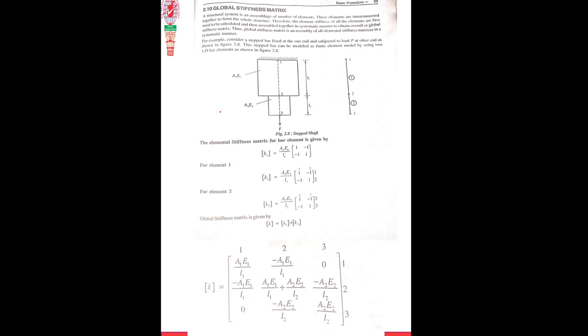is, so we got to know what is stiffness matrix for the 1D bar element using the direct method or strain method. Now finally, what is global stiffness matrix? So when you discretize a number of elements, for each element you have to calculate the stiffness matrix. So that is in the steps of FEM.